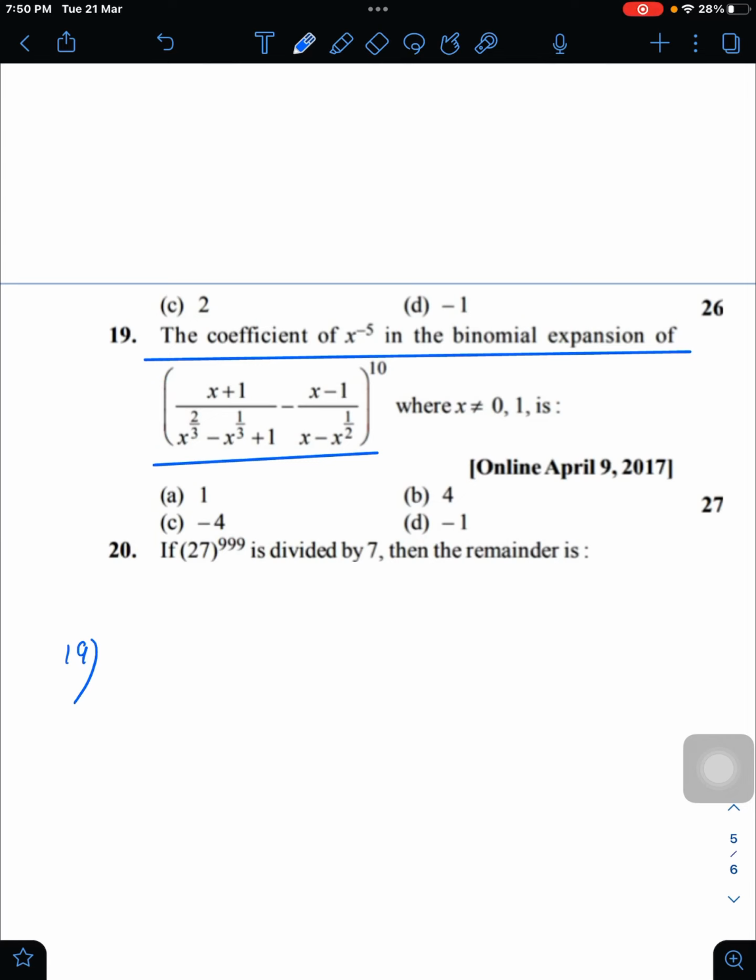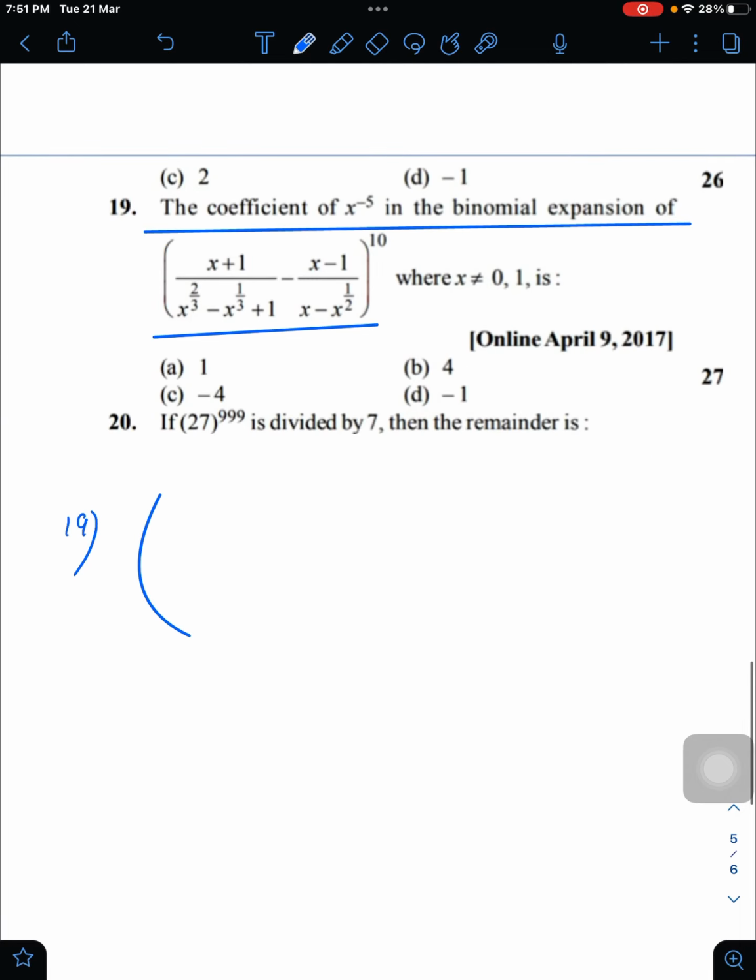Okay, so let me tell you the solution. Just have a look. So this is x plus 1. Try to imagine the situation. What is the formula for a cube plus b cube? The formula is a plus b into a square minus ab plus b square. Now just have a look, a square minus ab plus b square. Sir, how are you telling this? So can I write this like